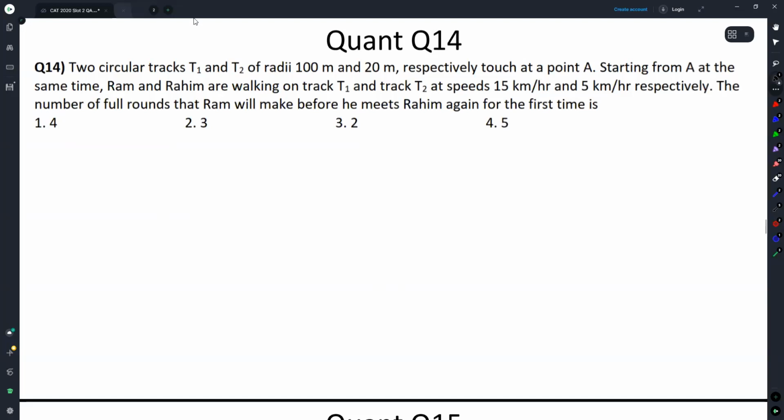Two circular tracks T1 and T2 of radii 120 respectively touch at a point A. Starting from A at the same time, Ram and Rahim are walking on track 1 and track 2 at the speeds of 15 and 5 respectively. The number of full rounds that Ram will make before he meets Rahim again for the first time is